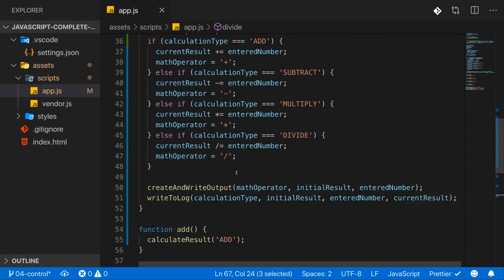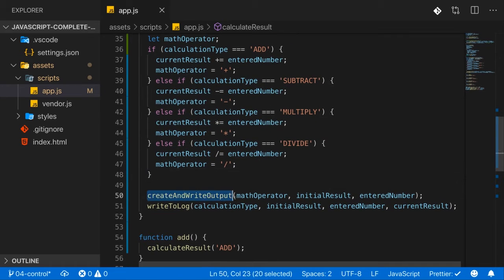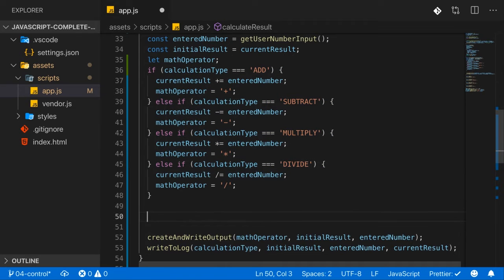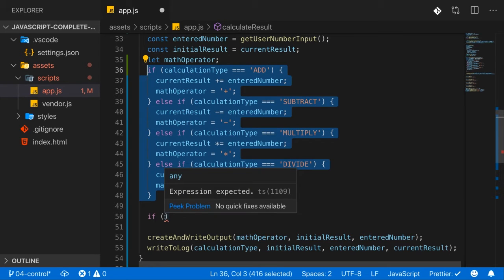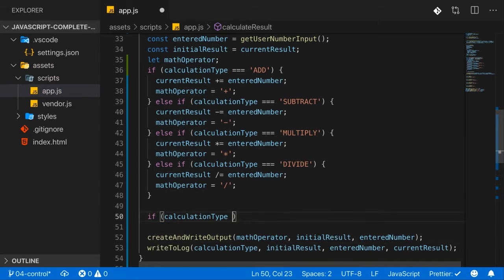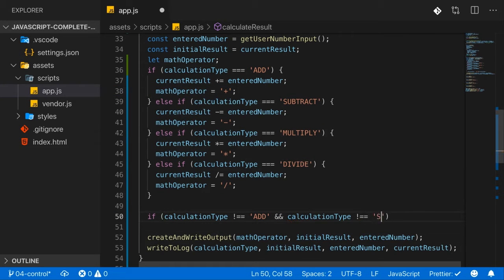Now, this is the case because div is not a case handled here. Maybe we don't want to change the logic of how we handle that here, but we want to make sure that we don't try to create an output or write to a log if we meet none of these values. So then we could add another if statement here, which executes totally standalone, detached from the other if statements, so they don't work together magically or anything like that. But here we could check if calculationType is not equal to add, and now the double ampersand operator, calculationType also is not equal to subtract,